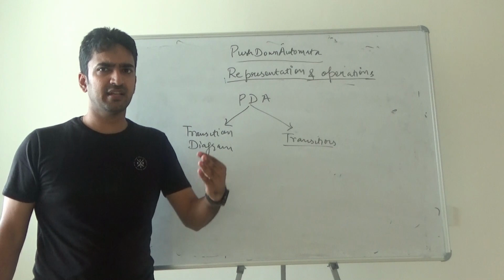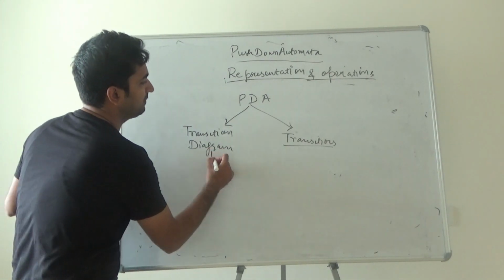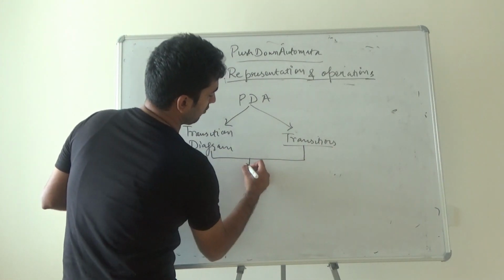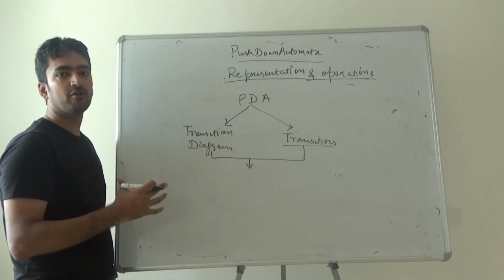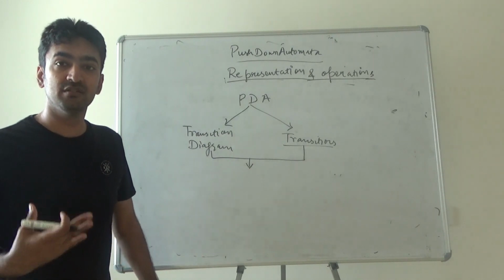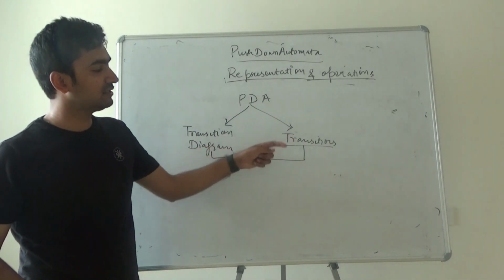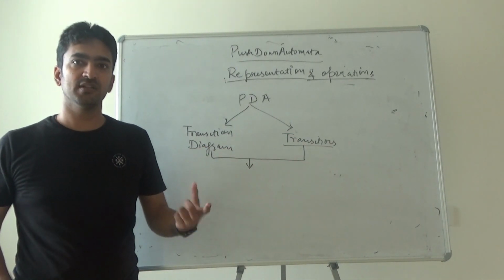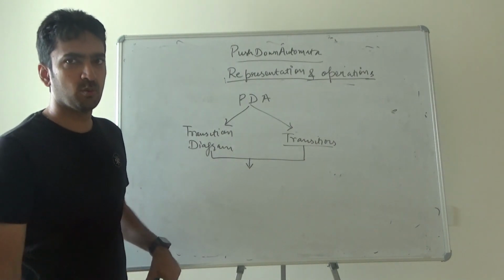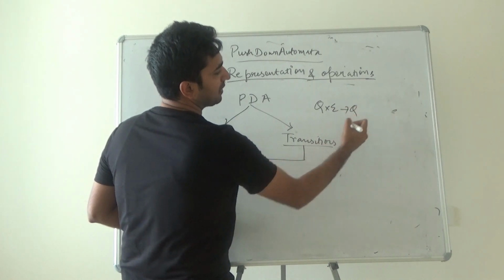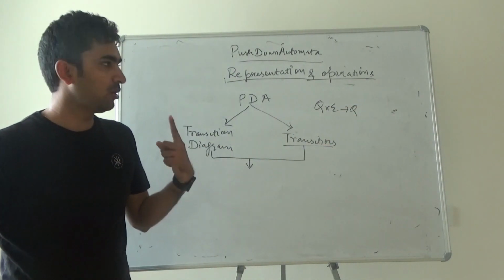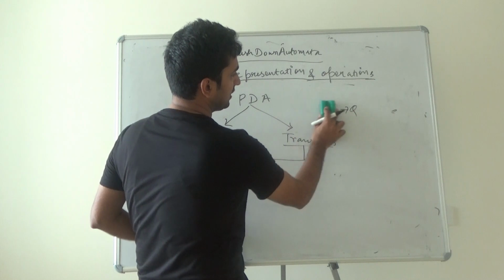The transitions can be represented, or both can be represented, in the form of various operations, because the transition diagram will be drawn depending upon what kind of operation we are having. Similarly for the transitions that we are going to write. Earlier in finite automata, any state given any input gives a particular state. That's what we do. Now over here we have to consider various scenarios.